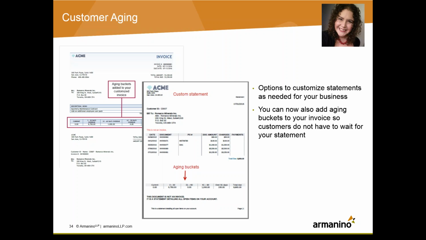Where you would go to find this is either under Platform or Customization Services and looking at Document Templates. If you look at the Intacct statement that has been newly added to the Document Templates area, you can either take that custom statement and modify it as needed, or what a lot of our clients have been doing is grabbing all of the coding for that aging buckets and putting it on your own statement or invoice that has your logo and your information on it as well. So that's really exciting to have these aging buckets right on your statements so they can pay the right invoices first.